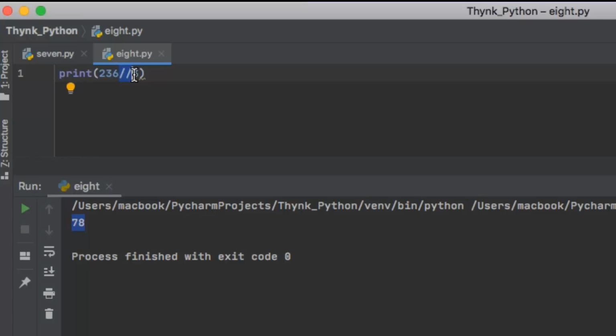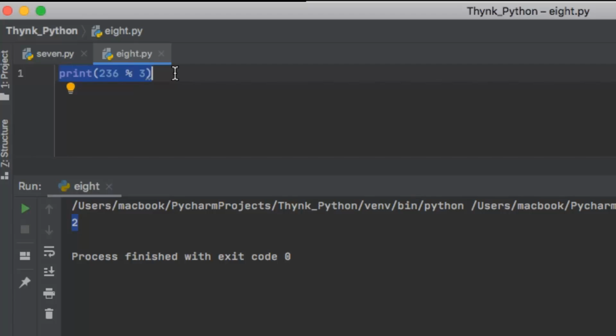Now if I want the remainder of the division to be displayed, then I'll use the modulus operator, which is a simple percentage sign, right? So when I use 236 percent 3 and run the code, I see a 2 here. So 2 is the remainder of this division, 236 divided by 3, right?